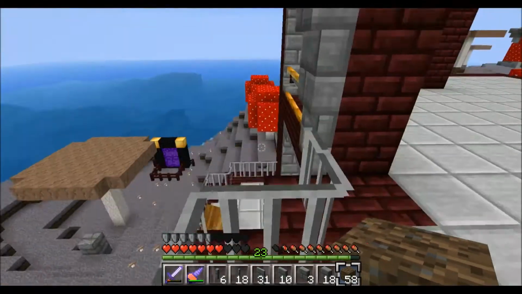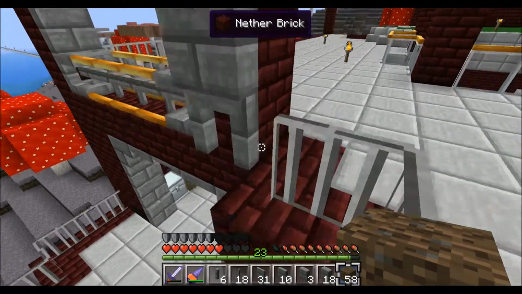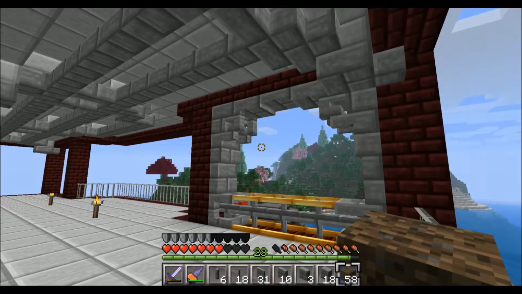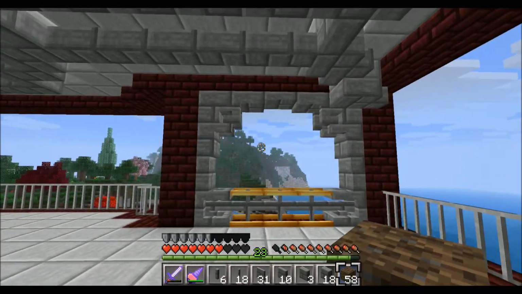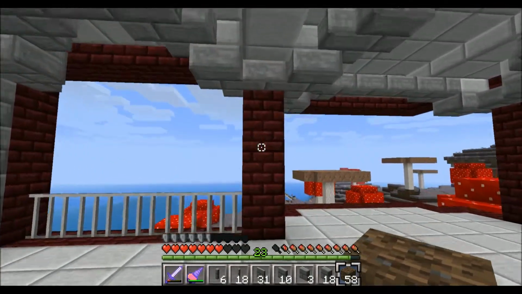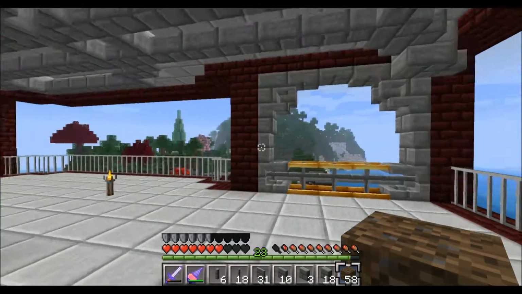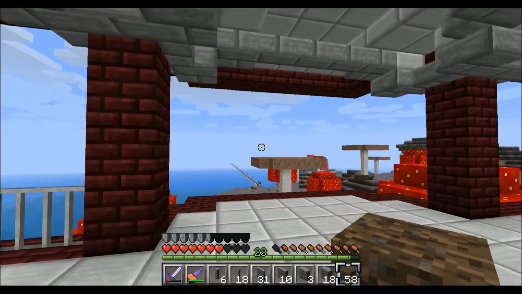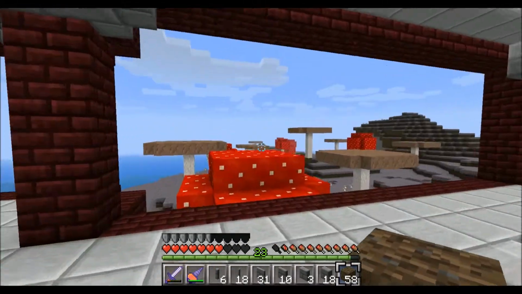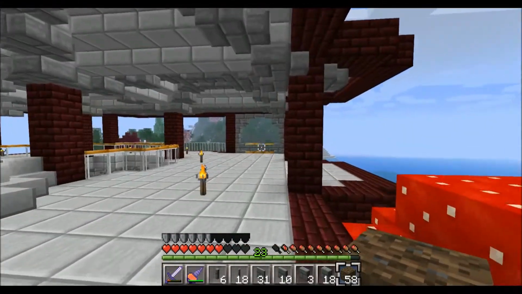And then I'm thinking of doing something just like this all the way around here as well, just to cover up this nether brick pillar a little bit. And that would be the same for these three pillars there. And I'm not sure if I want to leave all of this open and this back part, but